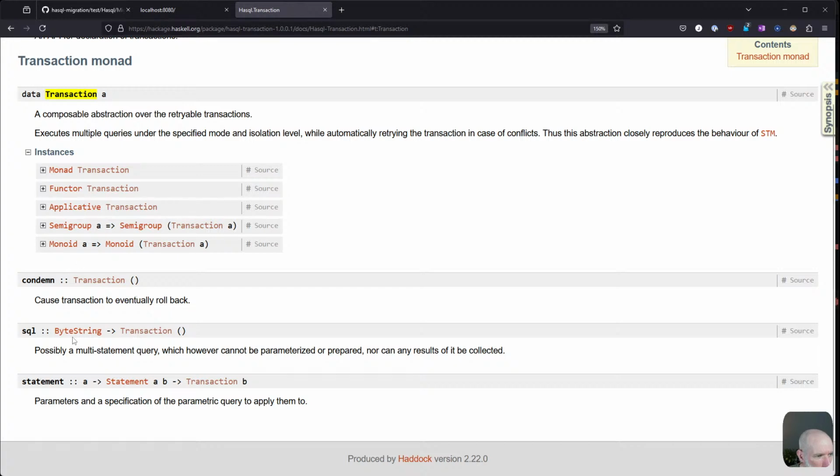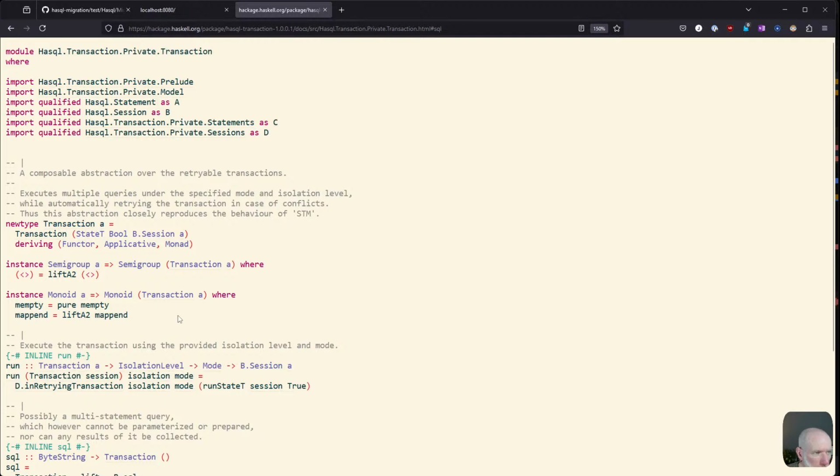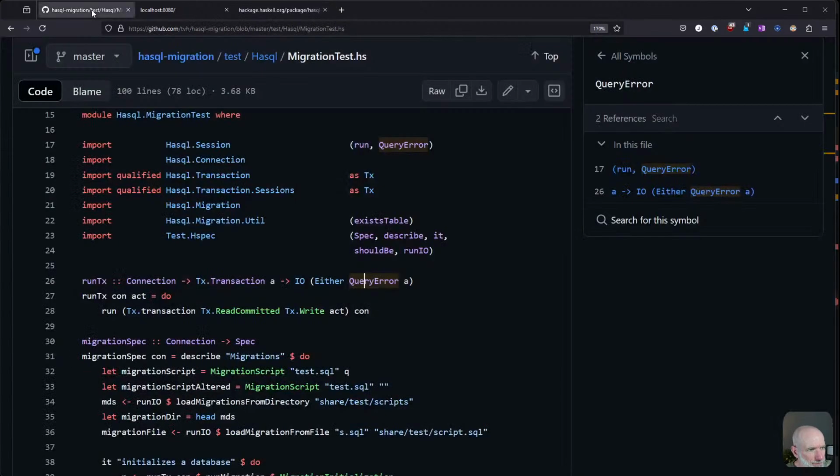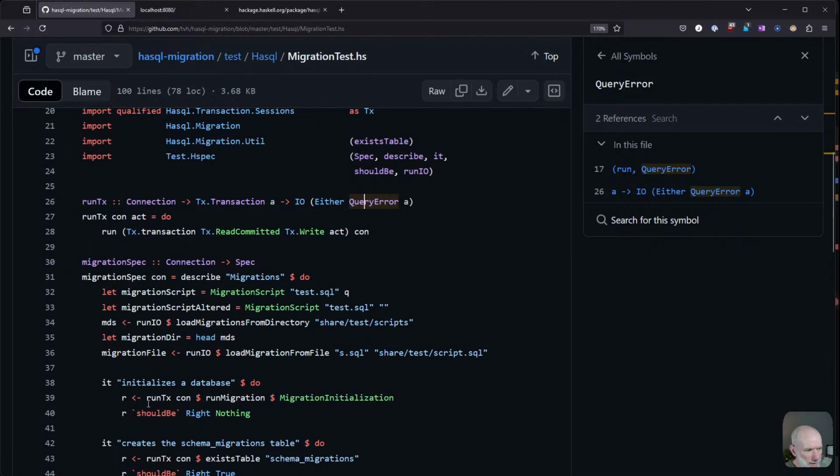But at no point does that actually run. Where is SQL? So when I run tx,